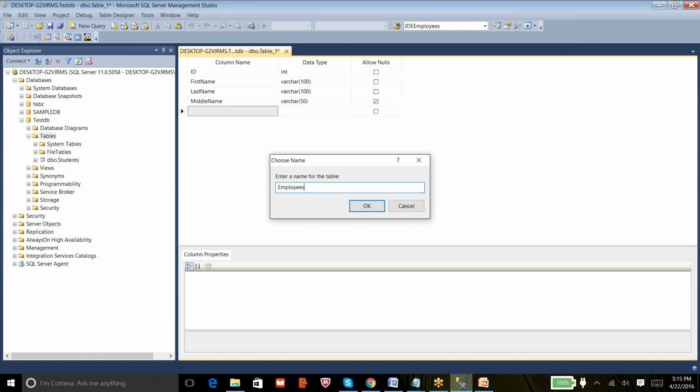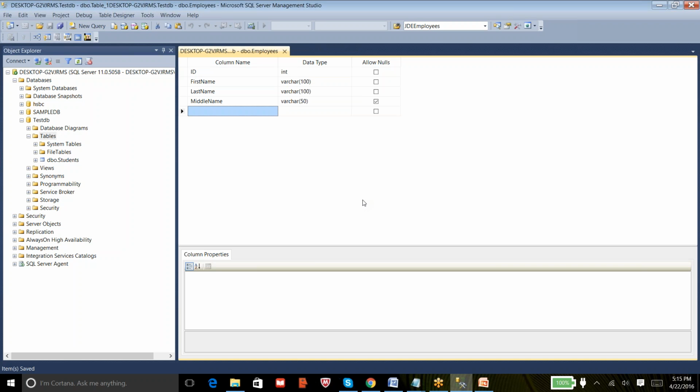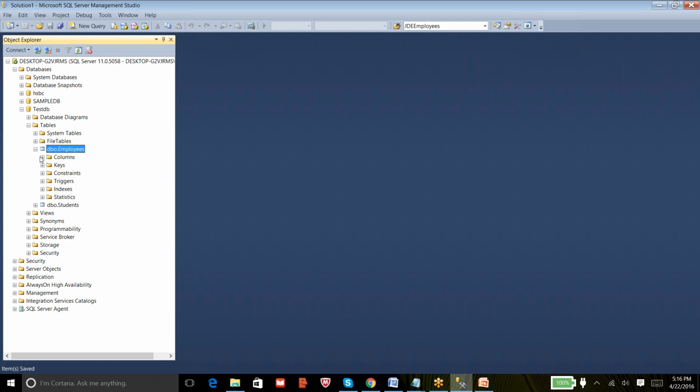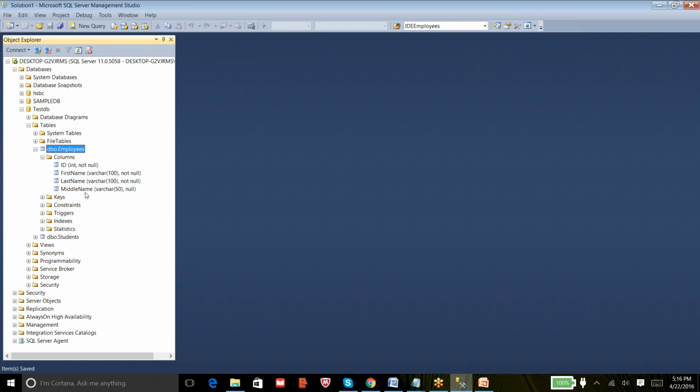I name it employees and then just click OK. Now you are done with the table creation. You can refresh the tables and you see the employees table got created. You can expand it and check the columns. You can see ID integer not null. So the first three columns don't allow null values, but the middle name can be null.